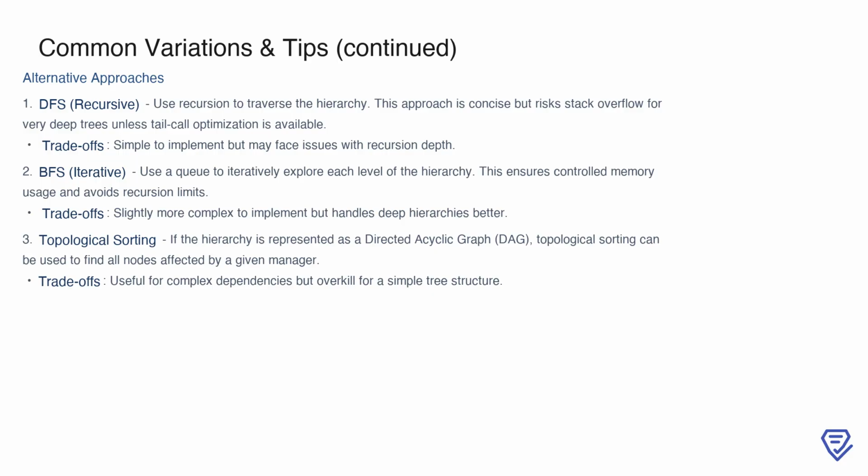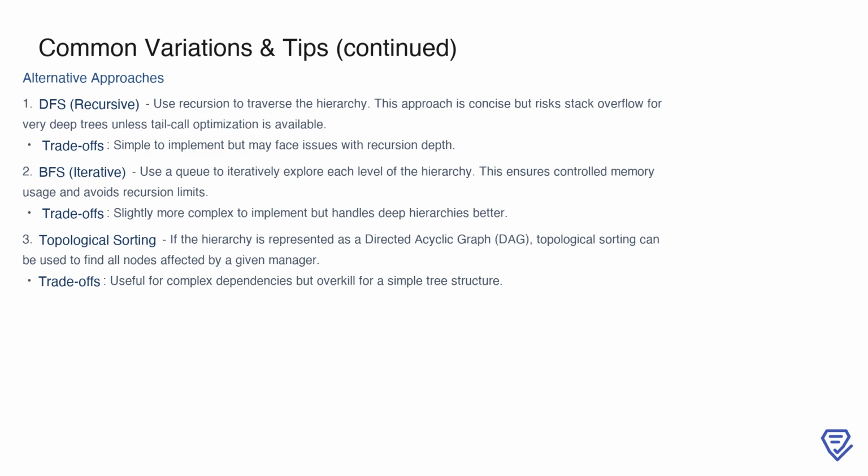Using DFS recursively is a straightforward method for hierarchy traversal. It's concise and easy to implement, but it can lead to stack overflow for very deep trees unless tail call optimization is available. Alternatively, you could opt for BFS, which uses a queue to process one level of the hierarchy at a time. This iterative method avoids recursion depth issues and provides controlled memory usage, but it's slightly more complex